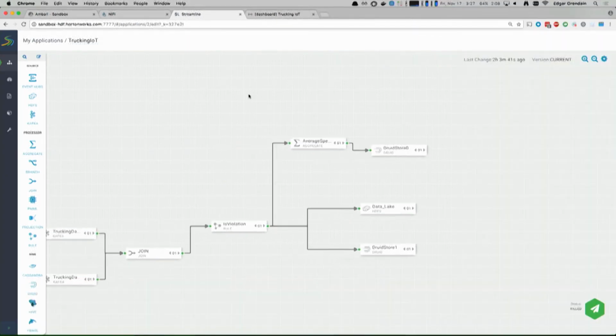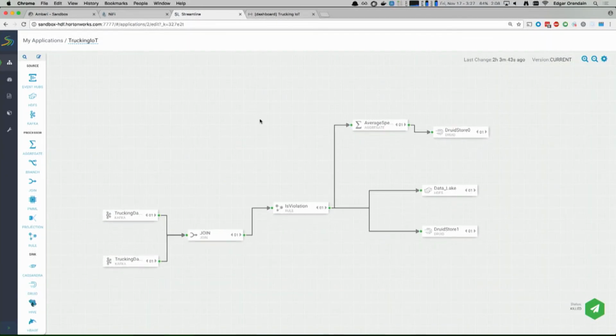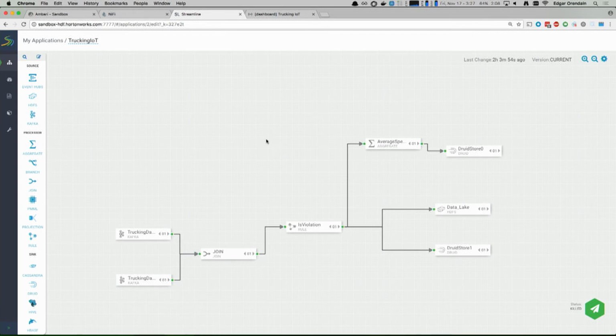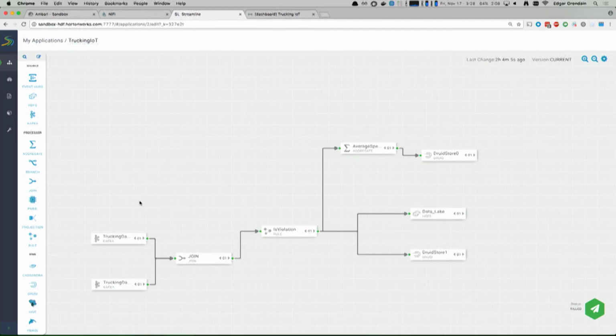I've got a flow built out here. It's also a drag and drop paradigm, and it has value from the perspective of someone who's trying to build something out quickly, being agile, or if you're not a developer, then you can build out a topology without necessarily writing any code.